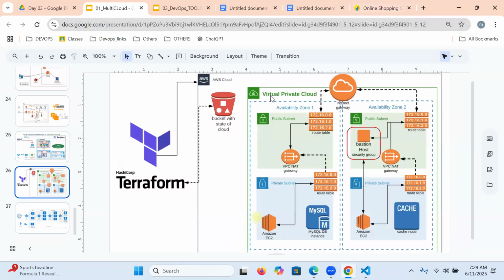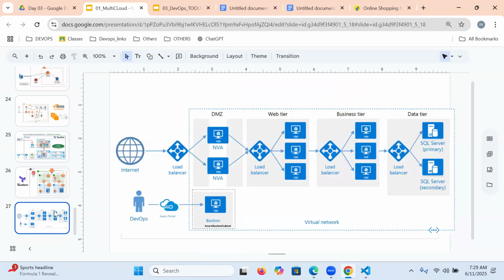So how exactly can we get private and public zones? For example, we can't keep everything in public. So our application server is in public, and the database server is in private.